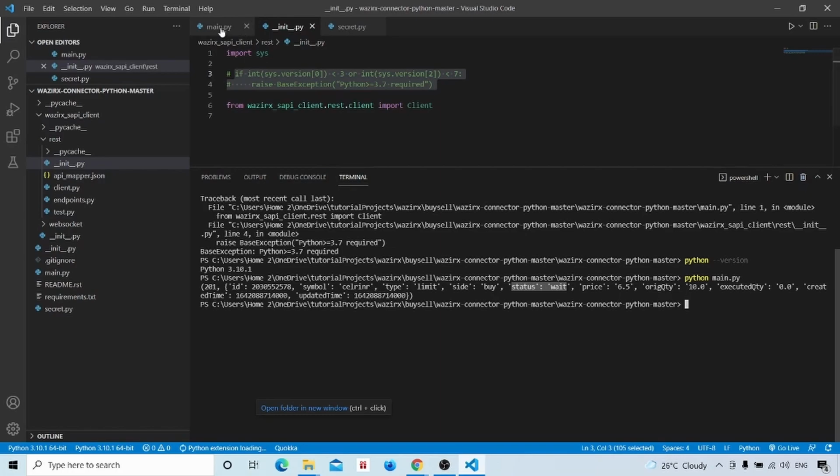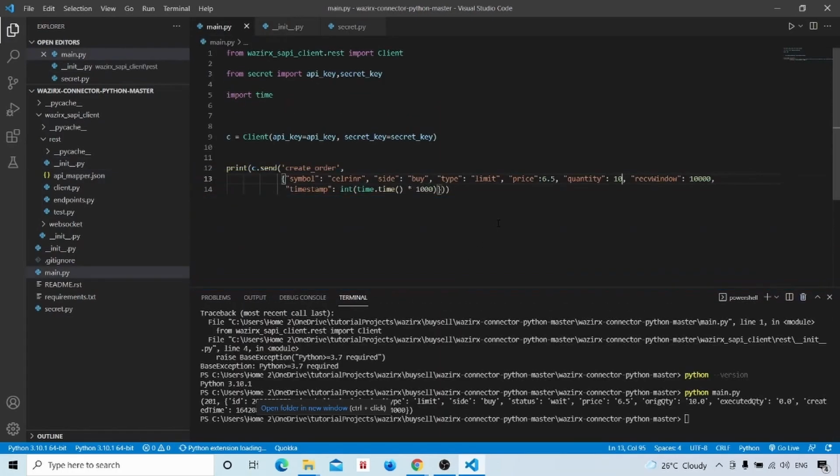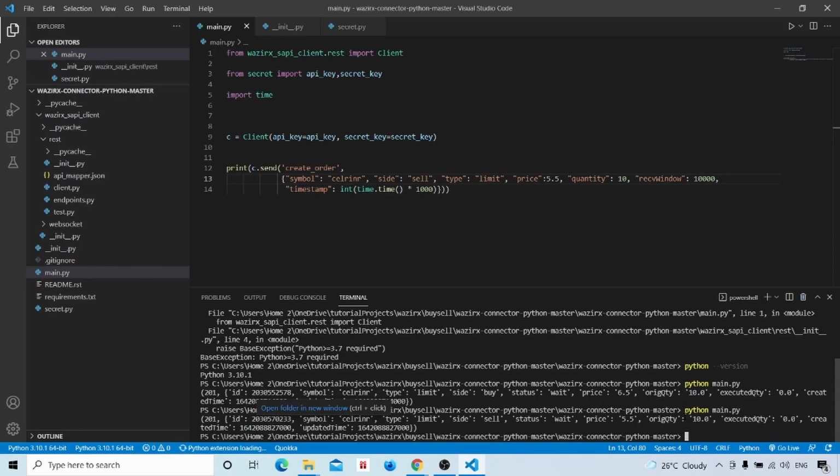Next we will try one selling also. For that we will go to main.py and we will make the side sell limit. We will lower the price for the sell to be successful, and we will give the quantity as 10. We will execute in main.py and we will wait.